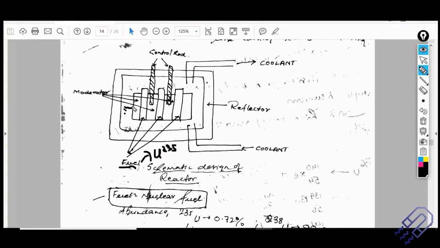Now you need to slow down the neutrons further so that they react with the uranium rod. What you can do is use a moderator, and we can use heavy water. If you're considering something like detergent water or all, these are nothing but heavy water. This heavy water can slow down the neutrons. As a result, the neutron will react with the uranium rod.